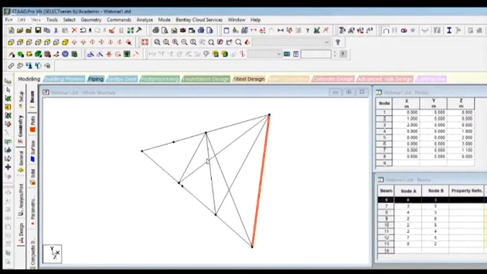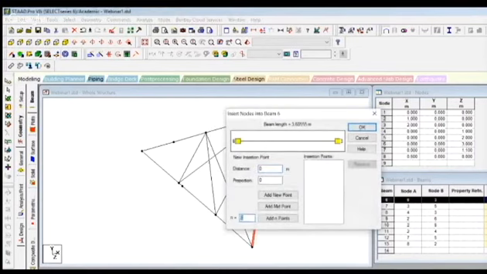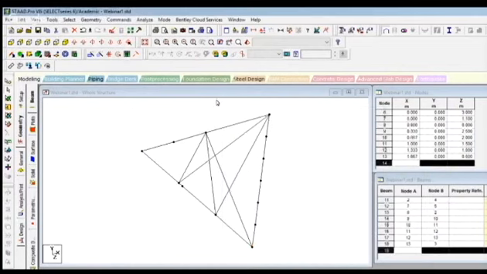Now we'll select this bigger member and we will add 5 nodes at equal distances from each other. So basically, this entire beam will be subdivided into 6 members. Go to insert node. How many nodes do you want to add? 5. Say add endpoints. Click on OK. Now you can see this entire big beam is divided into 1, 2, 3, 4, 5, and 6 equal length beams. So in this fashion, you could insert beams into the existing members.